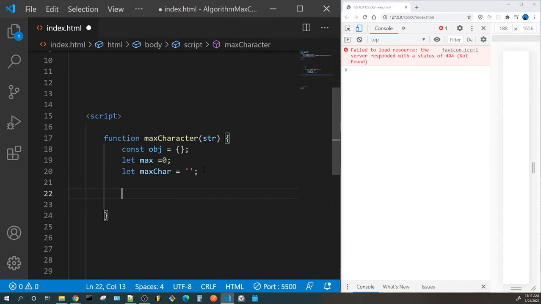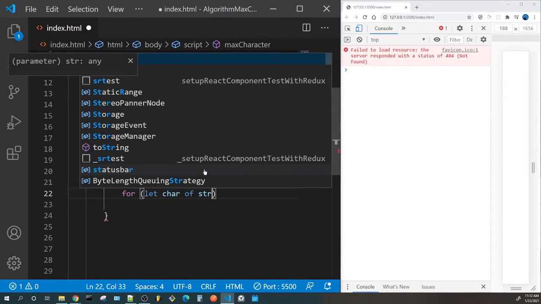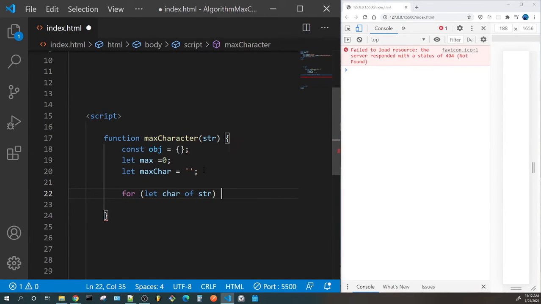Alright, so what we want to start doing is let's make that for loop. It's a for of loop actually, so it's to work through an array. So for let char of str, so our string. So we're going to loop through our string using char as the iterator, and we're going to say if,